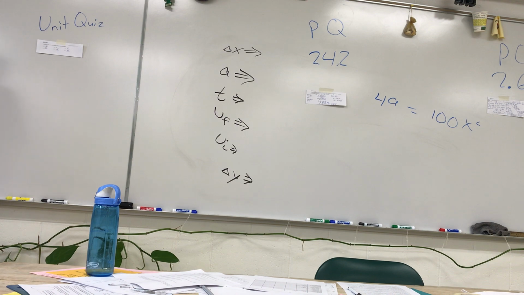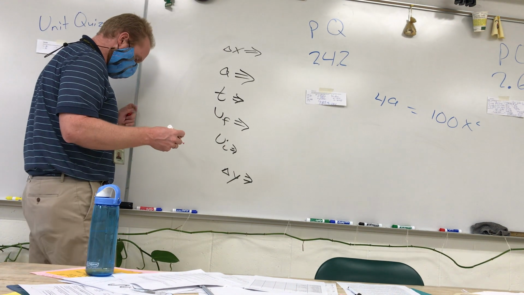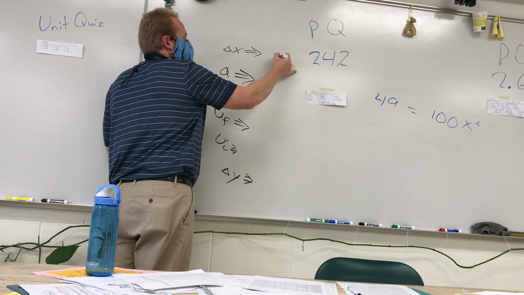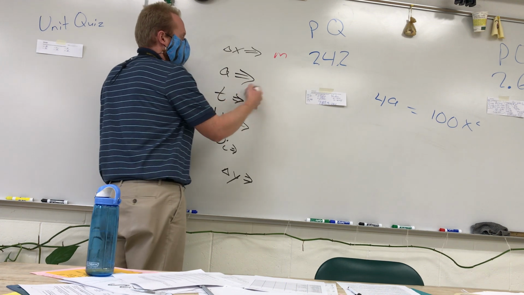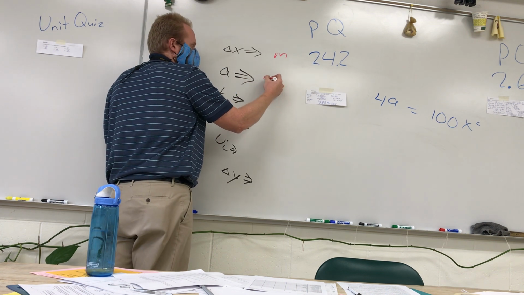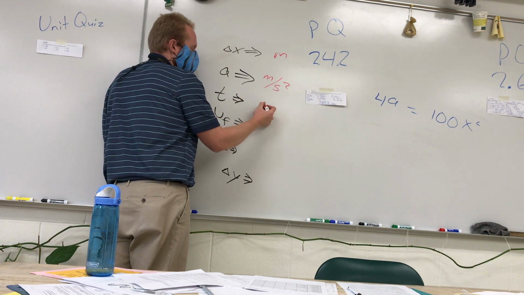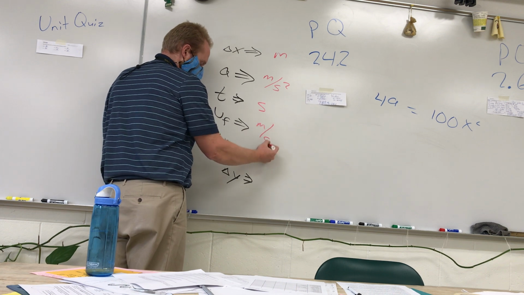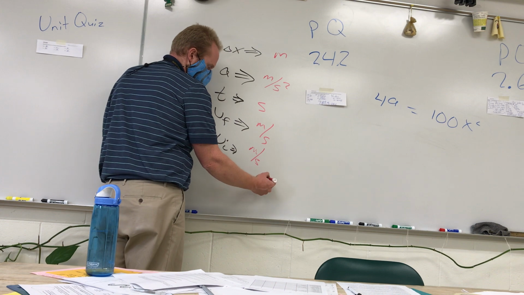All right, so delta X, what unit are we going to use to measure delta X? Meters. It could simply be the letter M, or you could write out the word meters. I don't really care. Acceleration: meters per second squared. Time, or T for time: seconds. Then final velocity: meters per second. And initial velocity: meters per second. And displacement in the y direction: